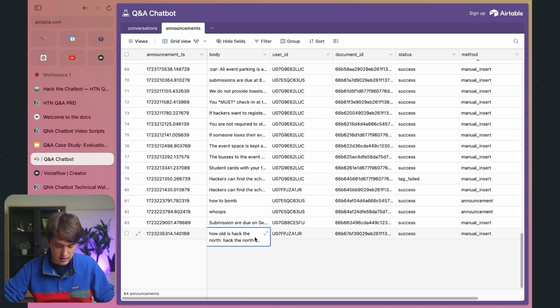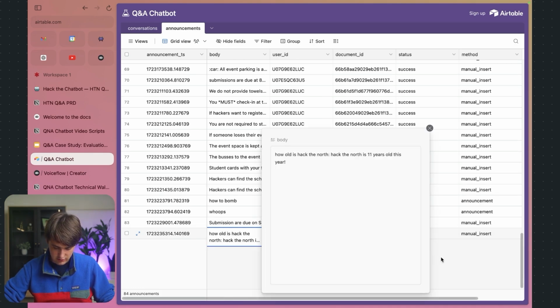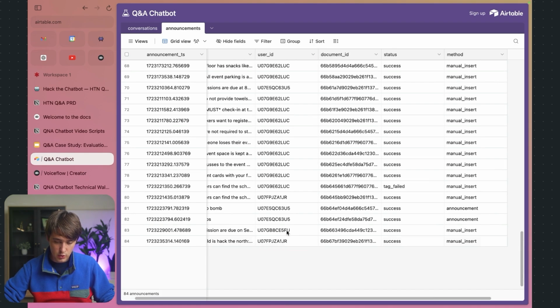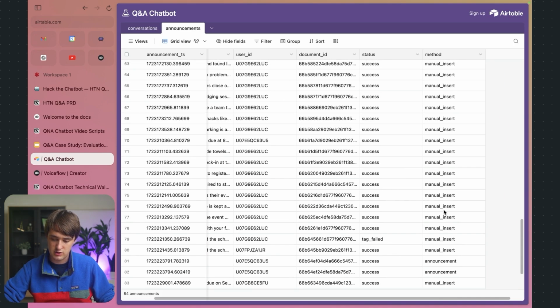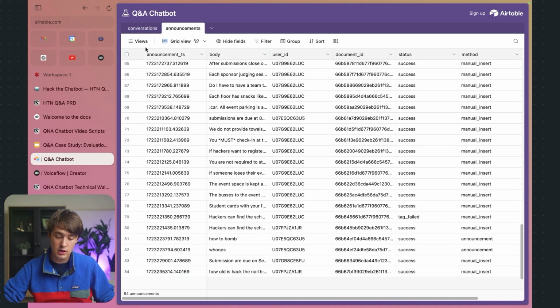How old is Hack the North? Hack the North is 11 years old. So we can see who sent it, the document in Voiceflow that it was successfully added, and it was actually added through the manual insert channel instead of through the announcements. So we can look at metrics about announcements later, and we can look at